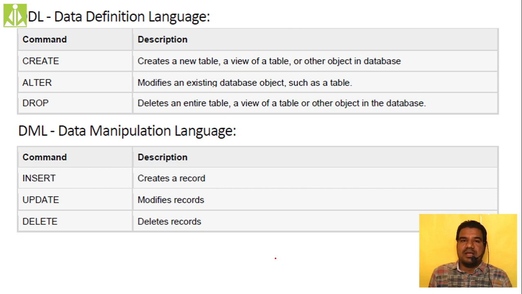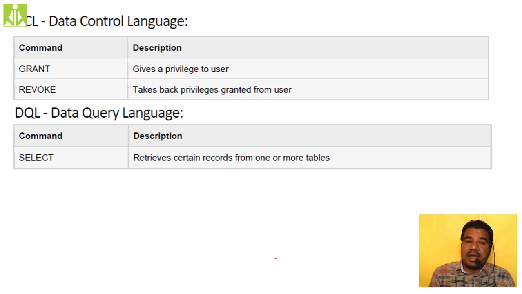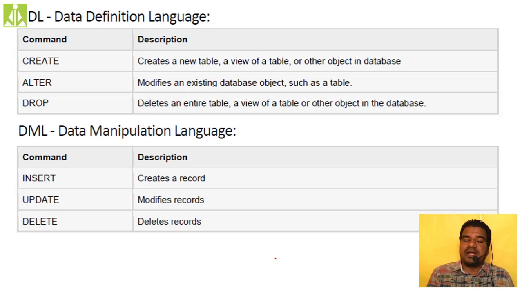And for DML, the object is already there, and we are just playing with the internal content, mostly adding rows. Adding columns will again come under data definition language commands. Adding a column means you are completely changing the view of the table, isn't it? So it will come under data definition language. But adding new rows is just a manipulation kind of thing.